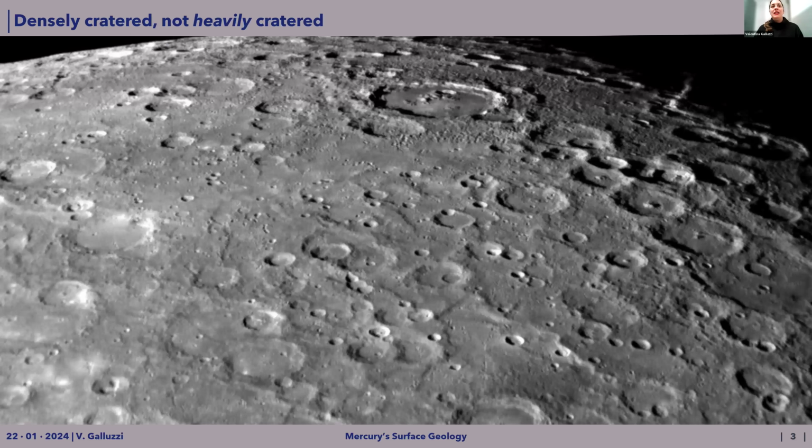And they are so similar because they both were bombarded by craters. They have many craters on their surfaces. They don't have an atmosphere that could allow for too many changes on the surface, but the first main difference we notice is that Mercury is just densely cratered, not as heavily cratered as the moon, because